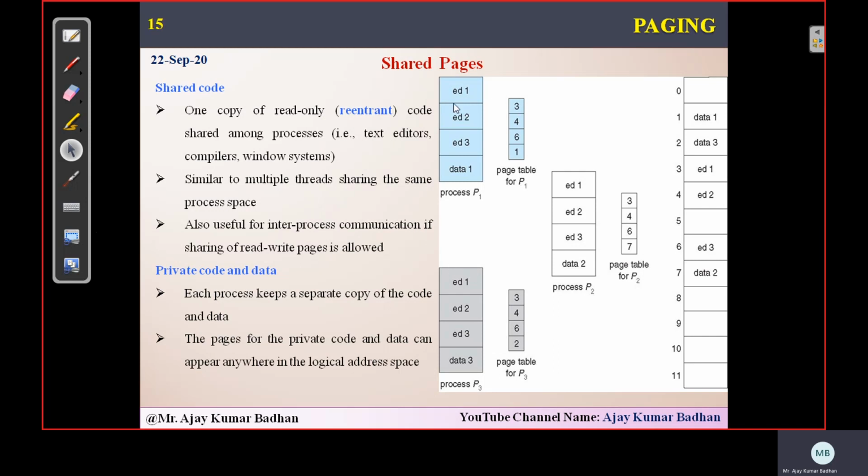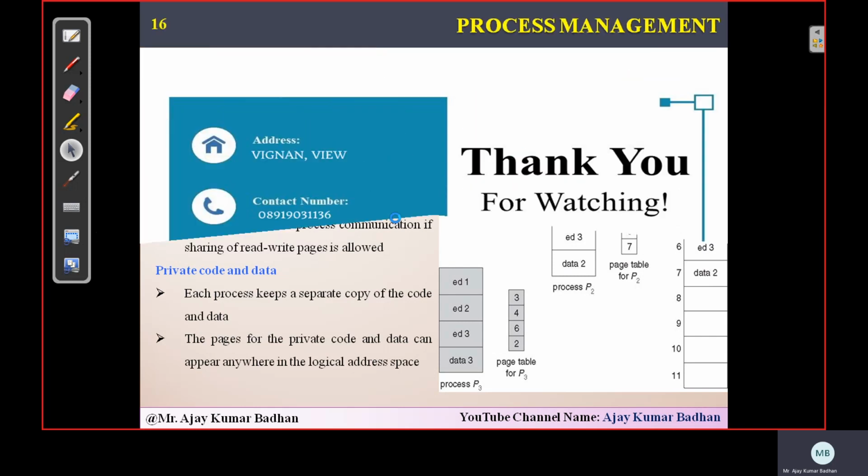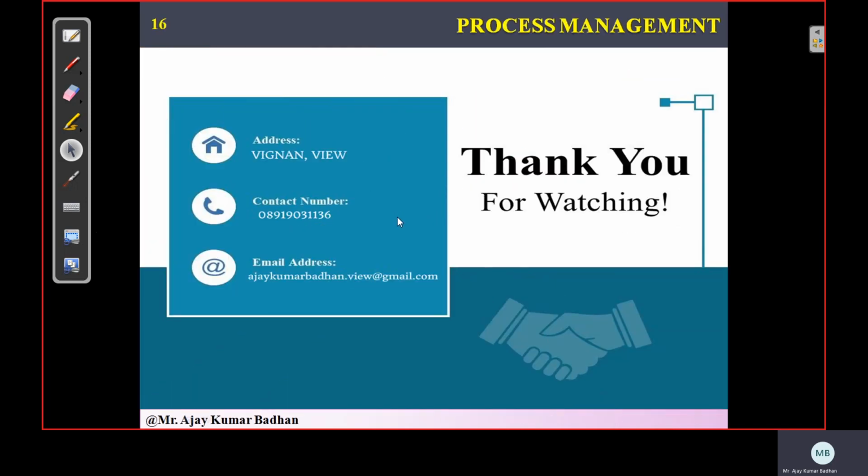I hope it is very clear. The same applications are stored only one time in your RAM, and whatever is modified by the different processes is uploaded into RAM separately. So this is all about this technique. Till here, whatever we discussed is related to the paging concept, and you should be aware of it.